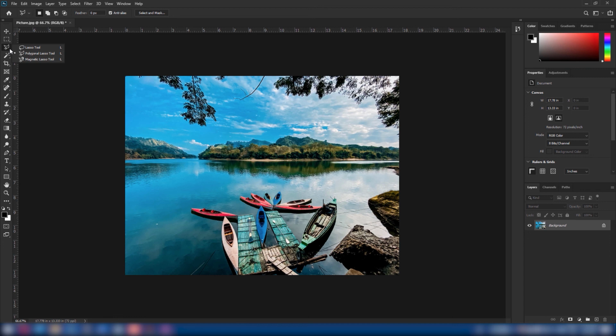For example, if I switch to the polygonal lasso tool and then I tap something like the M key to get the Marquee tool and then I tap L again, it will give me whatever tool is sitting here on top. So how do I get the other tools with the same shortcut? Well, I need to hold down the Shift key and tap the L key in order to cycle through all of the tools that have the same keyboard shortcut.